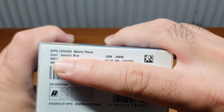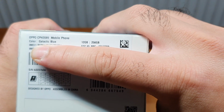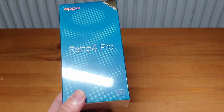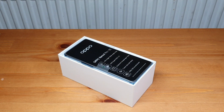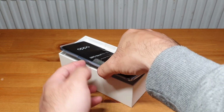So looking at the top of the phone, like I said, this is the Galactic blue color, obviously, along with 12 gigs of RAM and 256 gigs of storage. So without any further ado, let's open the box up and let's see what we find inside. So opening the box, there we go, and then we are revealed with this brand new Oppo Reno 4 Pro